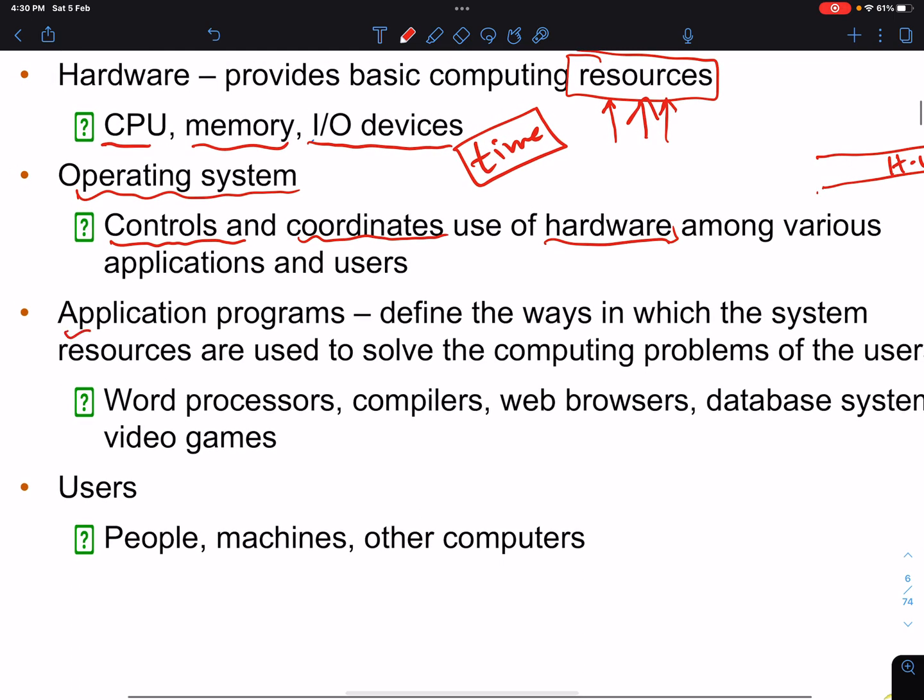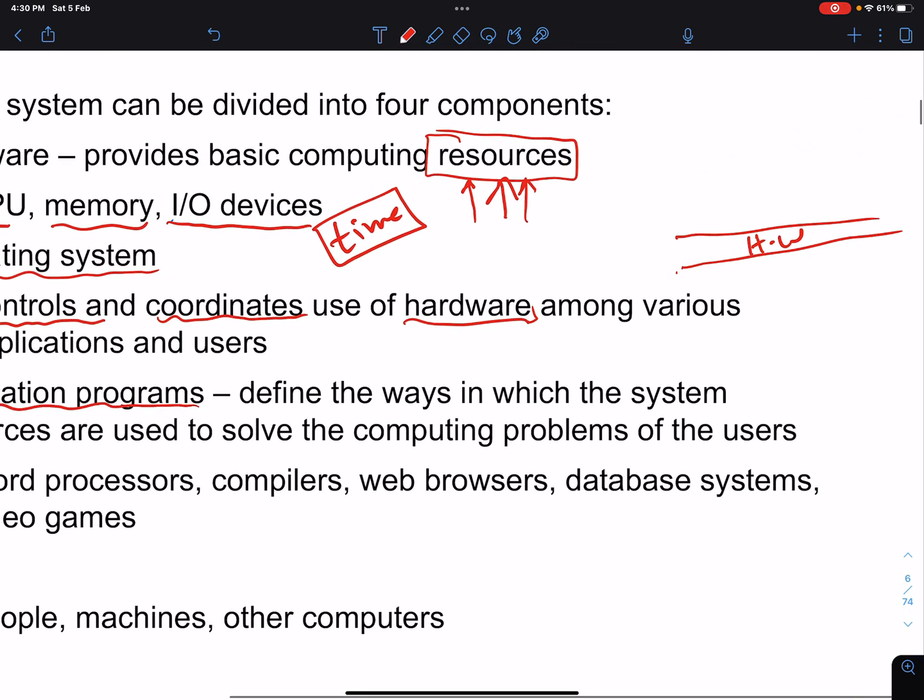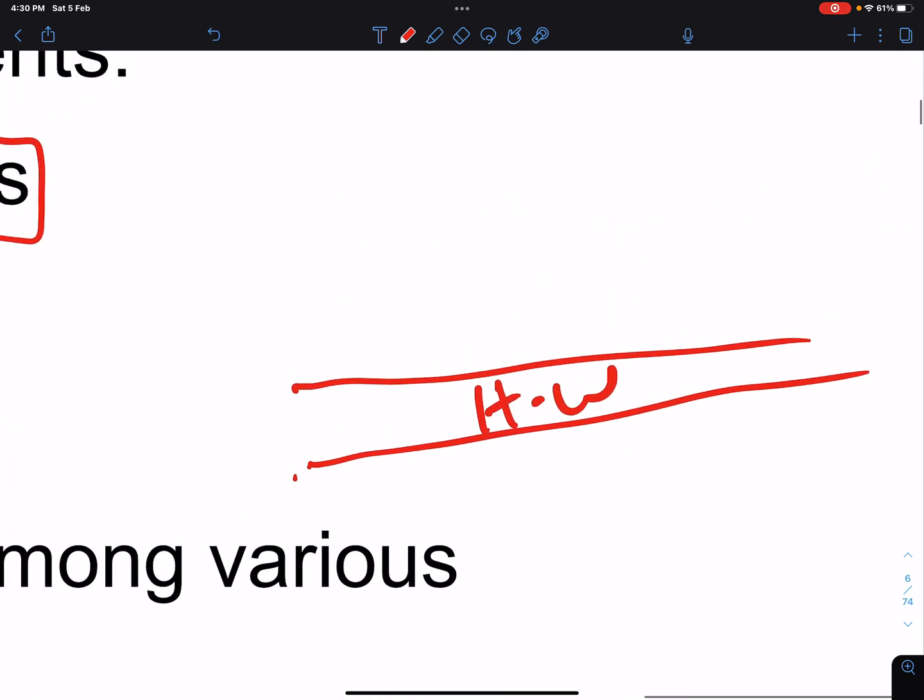We have now application programs, just like any application program that you use: Word, Excel, PowerPoint, even any compiler that you use. Those are the application programs that you use. So if you look here, you will find that we have hardware.